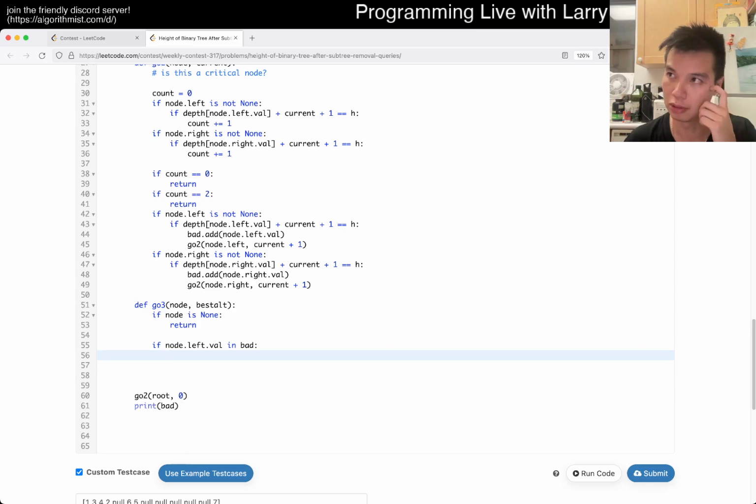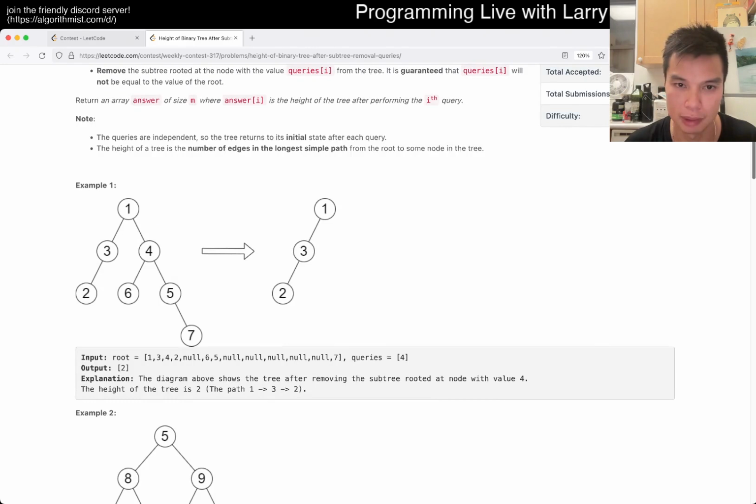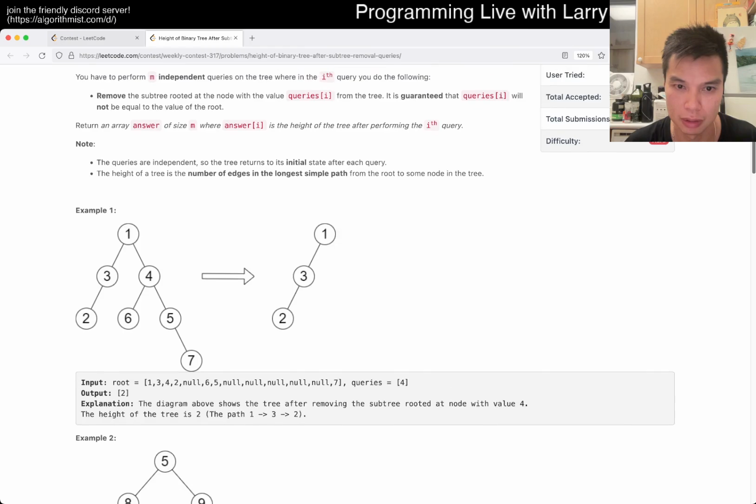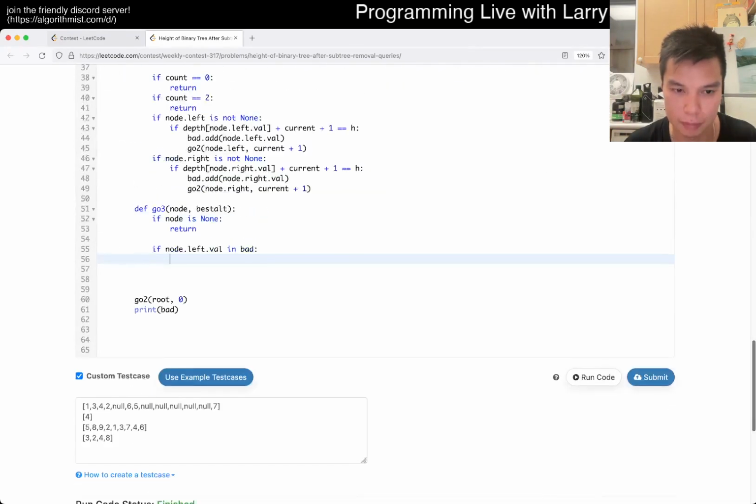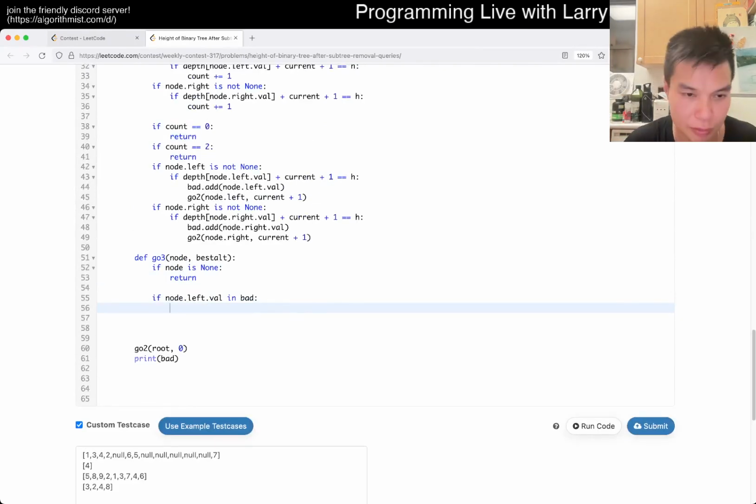Is that true? I think there's just one critical path that's a line in between. So okay, so left node isn't bad, then we do depth of node.right.value, alternate is equal to this,